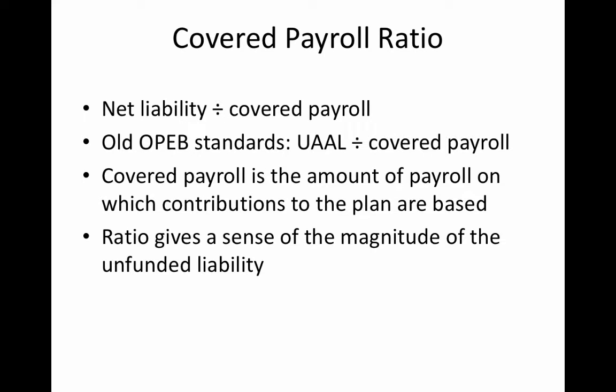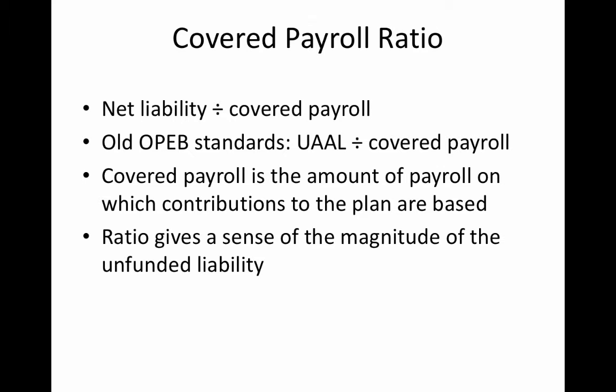If you're looking at 2 governments and one of them has a net pension liability of 10 million and the other has a net pension liability of 100 million, does that necessarily mean that the government with the $100 million net pension liability is worse off because it owes more? You really need something to put it in context, to common size it like a percentage distribution. And so dividing it by their covered payroll gives you a sense of how big it is relative to their